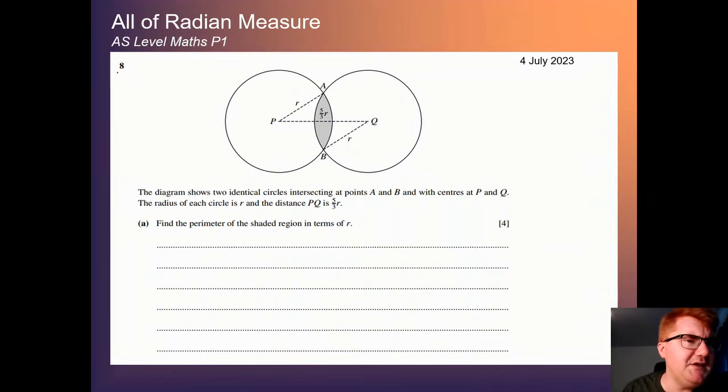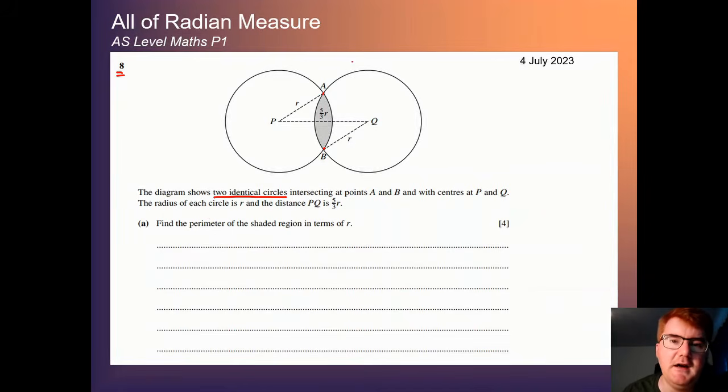So again, question 8, one of the more difficult questions on the paper. Notice we've got two identical circles, and that's very important here. Both have the same radius, which we're going to name as R, and they intersect at A and B, given on the diagram. The distance between P and Q is equal to 5/3 R. And the first thing we need to do for 4 marks is find the perimeter of the shaded region